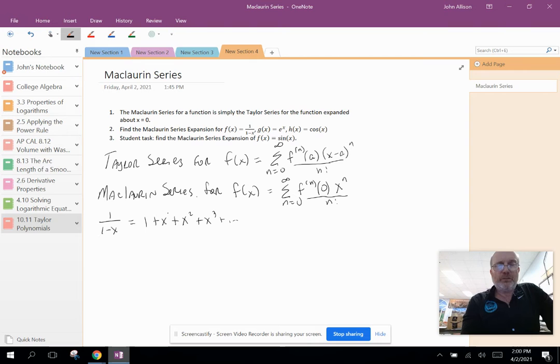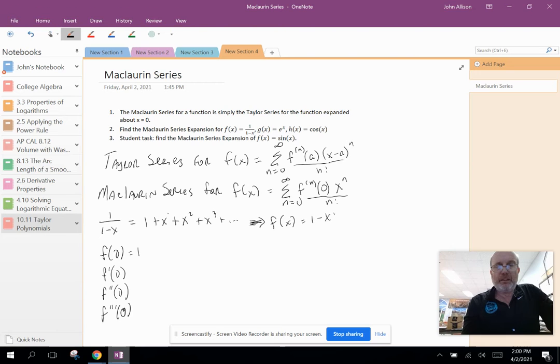But let's look at this using the Maclaurin series. Remember, to do this, we need to find f of 0, which is obviously 1. We need to find f prime of 0, f double prime of 0. Let's see if we can establish a pattern by the time we get to the third derivative evaluated at 0. So let's look at the function f of x